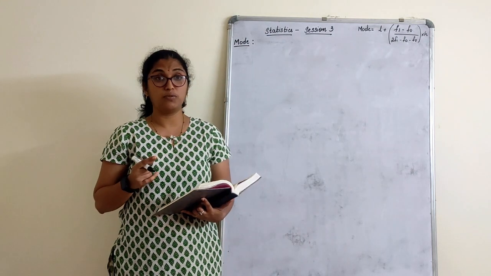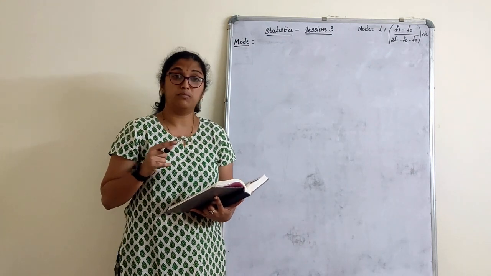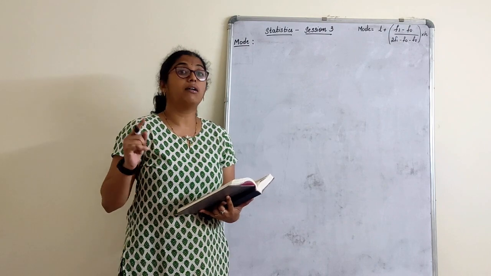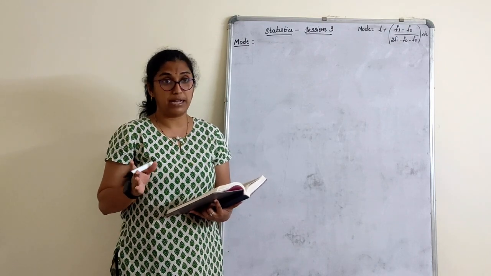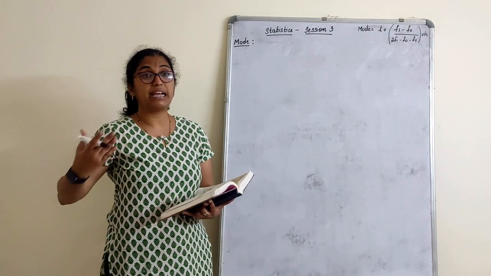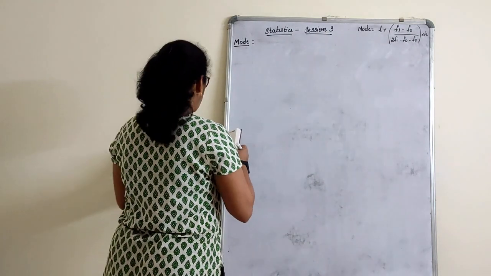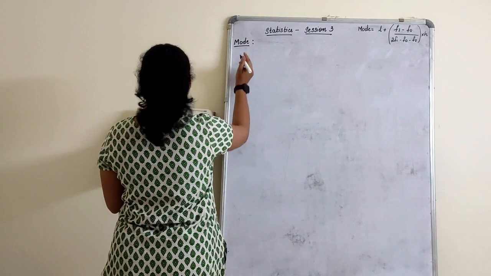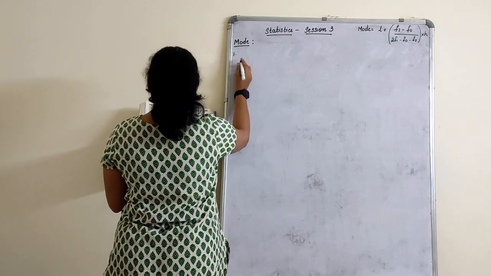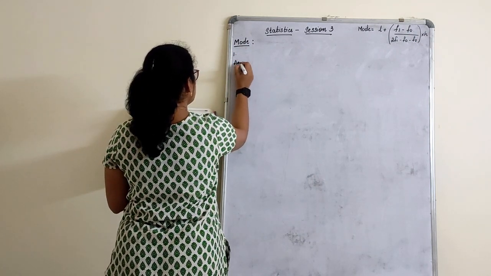But from the examination point of view, if they ask you to find mode as well as mean or median, you are supposed to do that. Okay. Here, let's not repeat the same things again and again. Let's quickly start with this. Always copy the data in this manner. So first one, age in years.